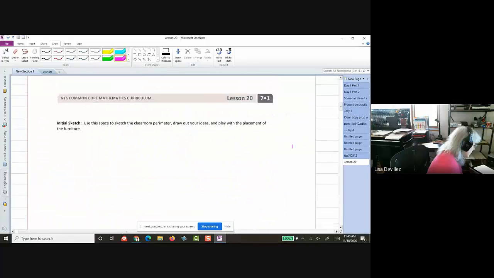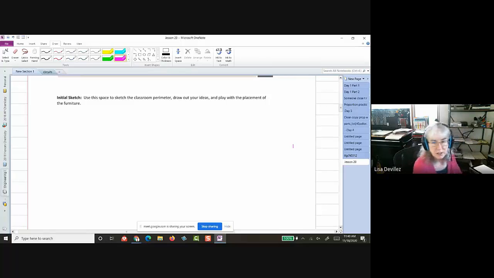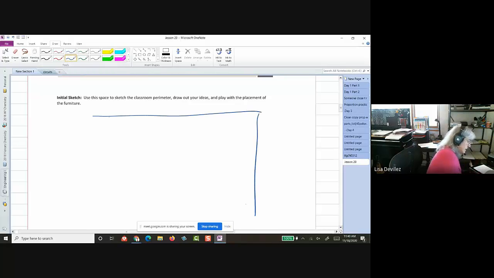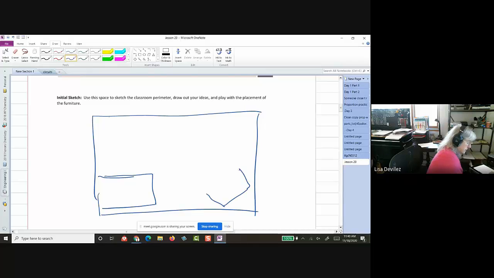Here you have a blank paper, and this is just for a general sketch. As you're planning your dream bedroom, this doesn't have to be to scale. This is just to give you an idea of where you might want to place the things. So maybe I want my bed to be over here in the corner, and then maybe I want to have a comfy chair that goes over there. But that's just for you to do a general sketch,